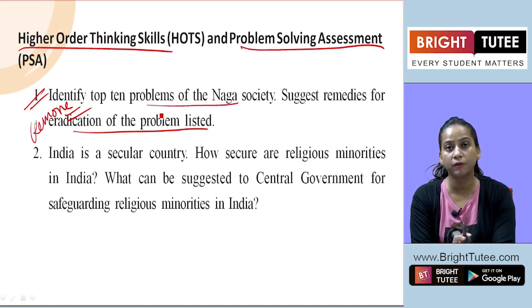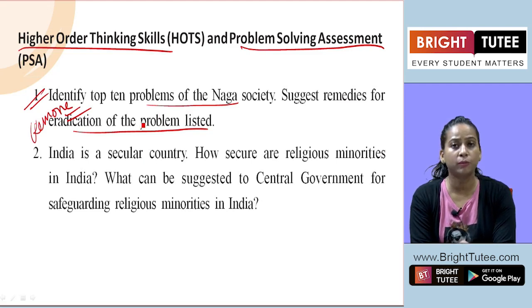As an individual, if some flaws and problems are inside you, until and unless you recognize that and put in the efforts from your own side, the outsiders cannot bring change in your personality. In the same way, if you are part of Naga society, what is on your part? You have to take a stand. You have to be ready for self-criticism and self-inspection. Then you have to find out what these problems are and the reason for them, and then take the appropriate steps to curb and improve the situation there.